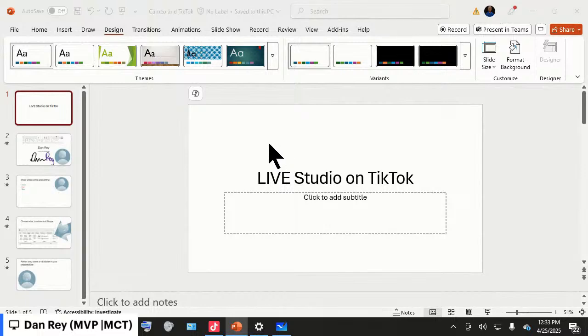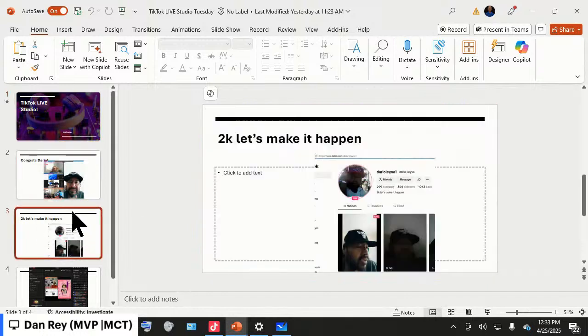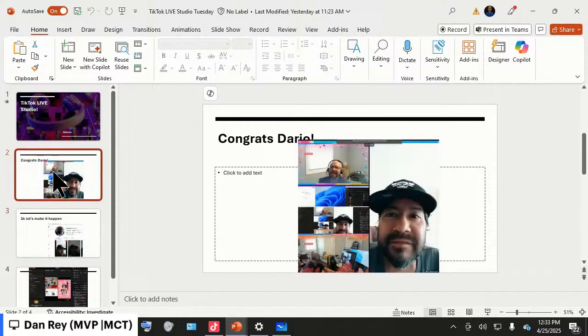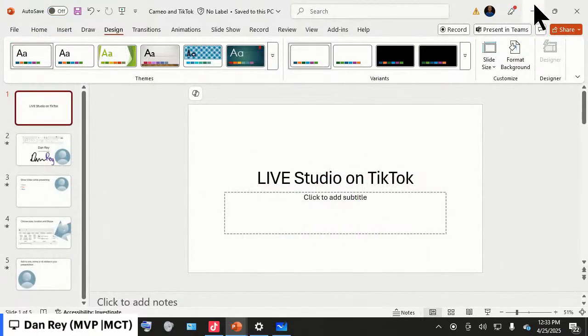TikTok Live Studio Tuesday. There we've got the TikTok Live Studio with a welcome and a couple screenshots of being in a match with somebody. So match shows you how you're doing against the other creator. And then you can see the live either match or just conversation going on live within the TikTok Live Studio. So I took a couple screenshots, and then if I did this as the